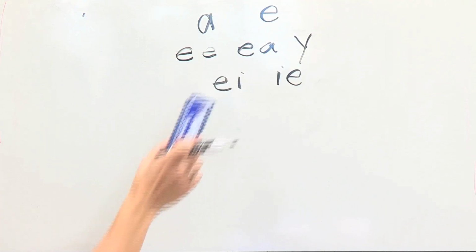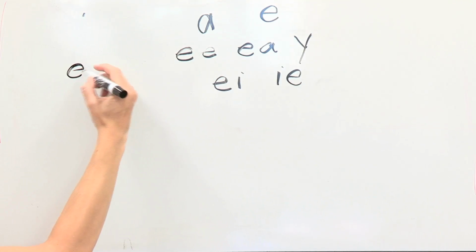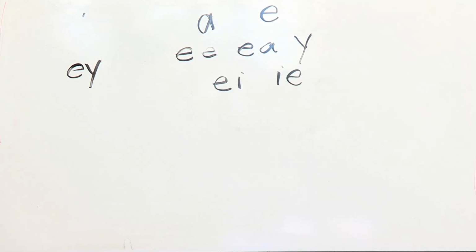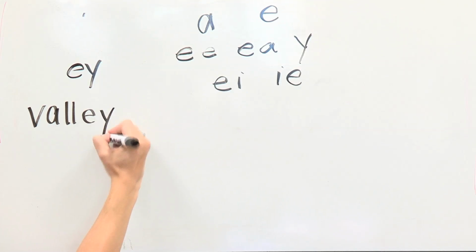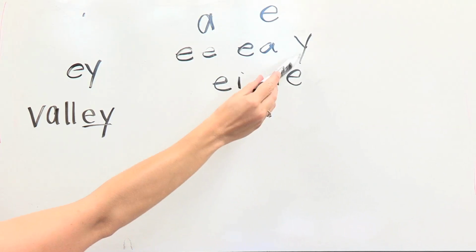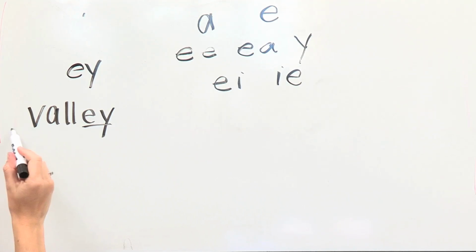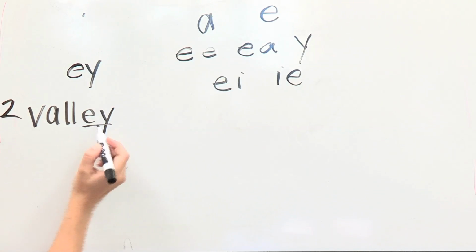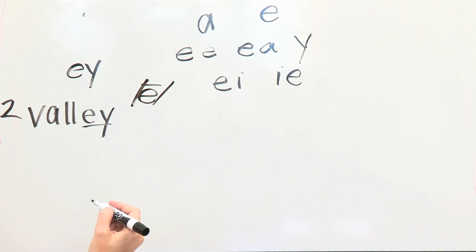Now, a very last one that I forgot to put up there, actually, is EY. Okay. So EY is at the end of two syllable words. There is one exception. All right, valley. You hear that long E sound? It's going to be spelled E-Y, not just Y. So how to know when to use EY? This is the rule. When you hear a two-syllable word and it ends in a long E sound, you spell it EY. So valley,